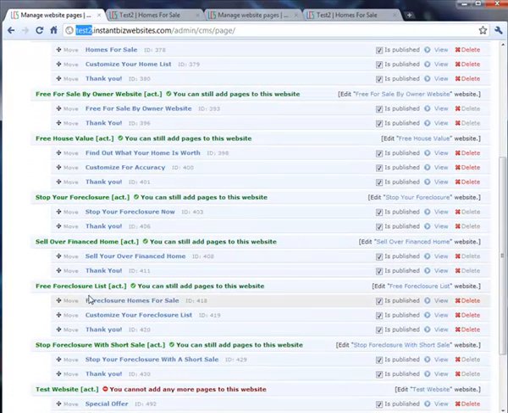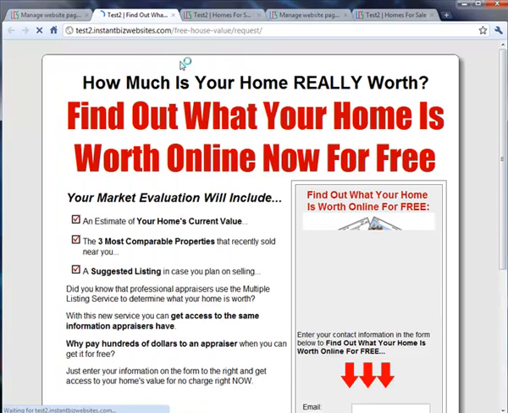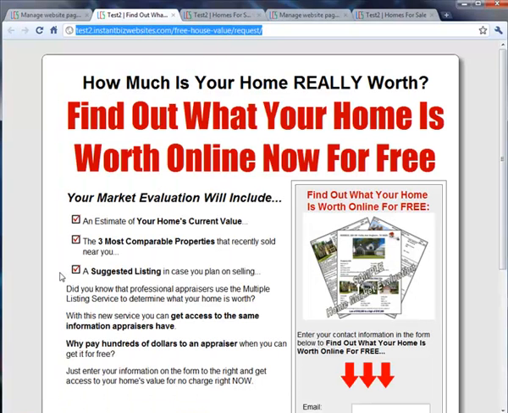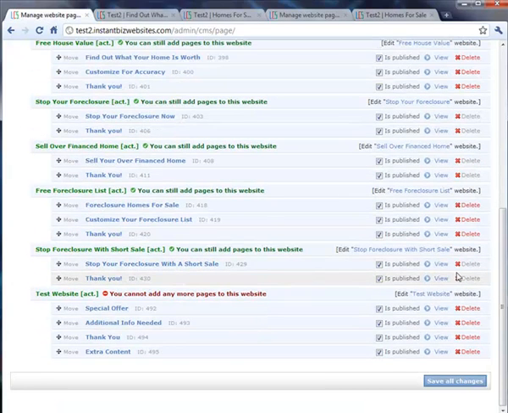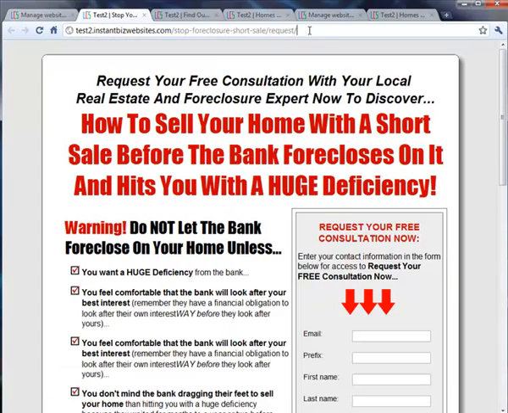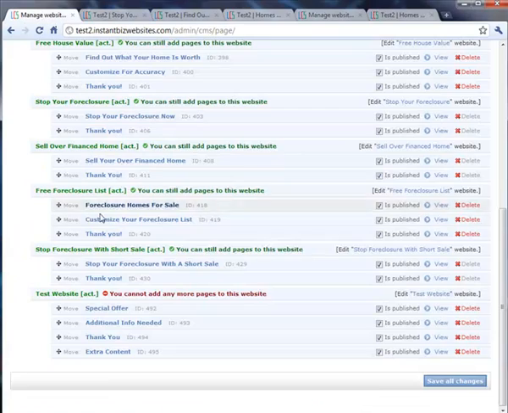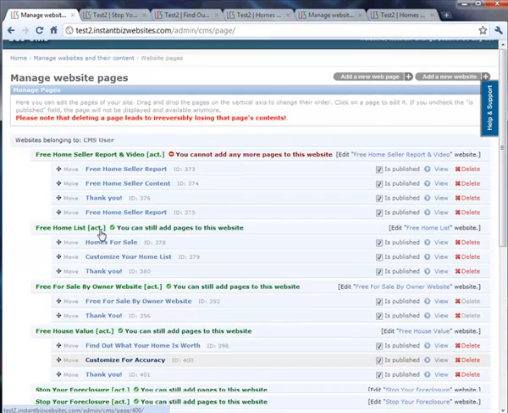So if I wanted to forward a domain name to Free House Values, I'd click under View, pull up this link right here. That would be the link I would forward it to. If I wanted to forward a domain name to the Stop Foreclosure website, click View, forward it to that domain name. So what you'll want to do is any of these lead capture websites that you want to promote